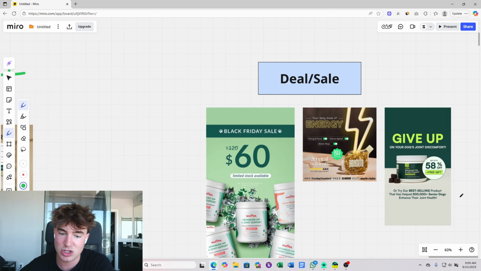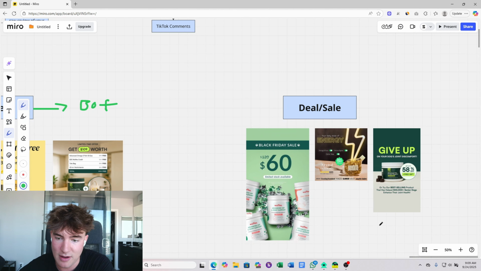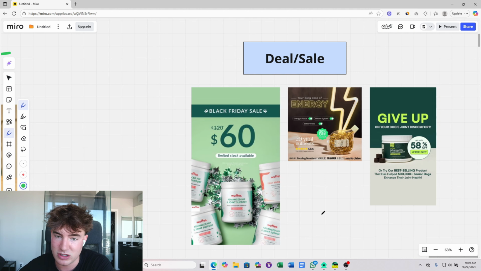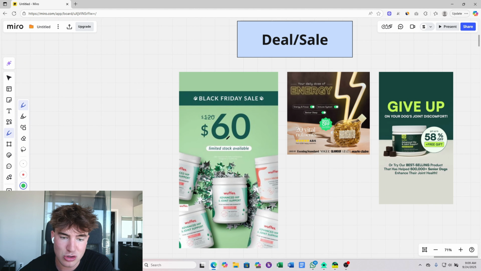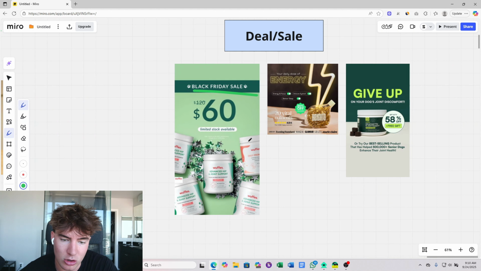The next one we'll go into is deals and sales. This will obviously be your Black Friday, Christmas, sales like that, just giving them that extra push. Right here, you want to keep it really simple: just Black Friday sale, show the price that it was at before, and then show the price it's discounted to, and always make sure that you add this little limited stock available, or like in that past ad where it says grab yours before the stock runs out. You're really trying to push them over the edge